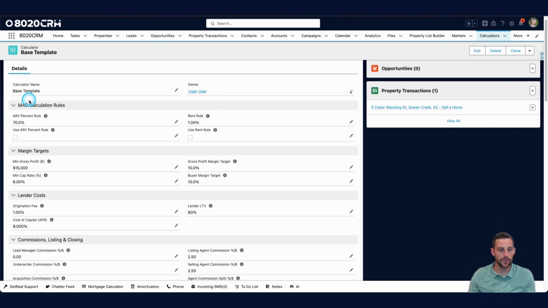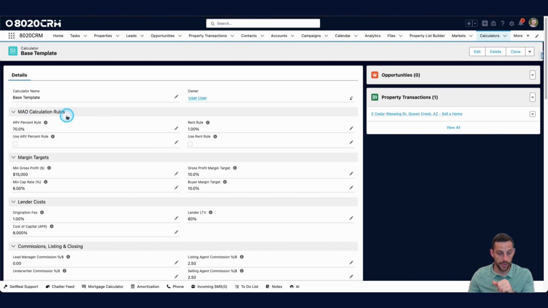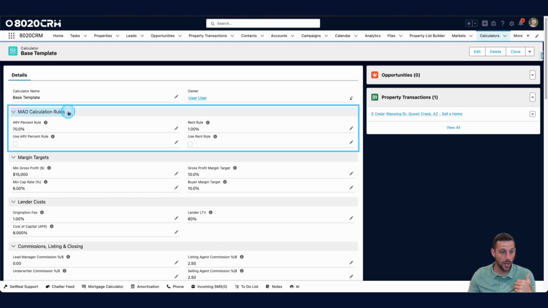works. So the first thing we've got is you can clone these and create your own version. You could have a low, medium, high. You could have a rental. You could have a flip calculator input. You could have it by different markets. Maybe one's Philly, one's Boston. You know, you can set those up however you want so that they're available to use cross markets or in different scenarios. First thing is, if you want to use just an MAO rule, 70% rule, rent rule, you've got